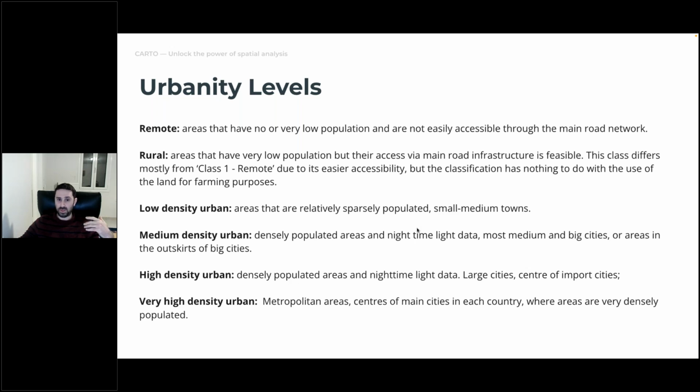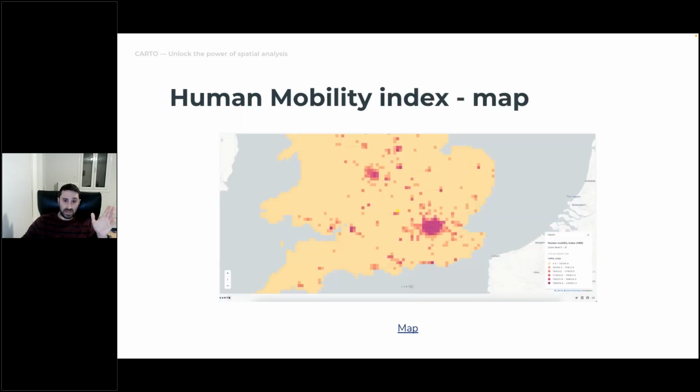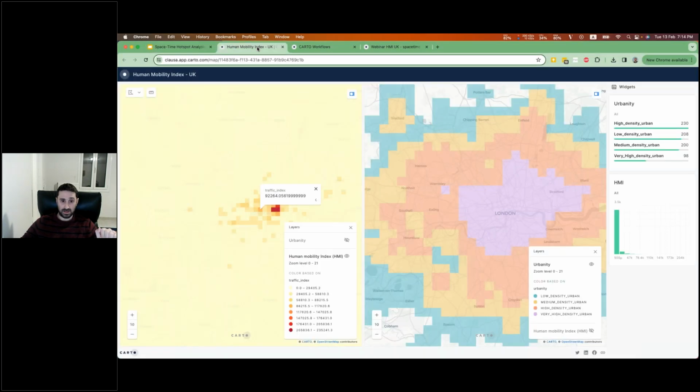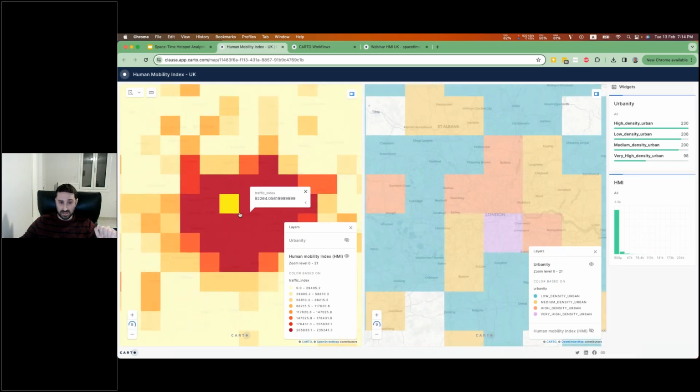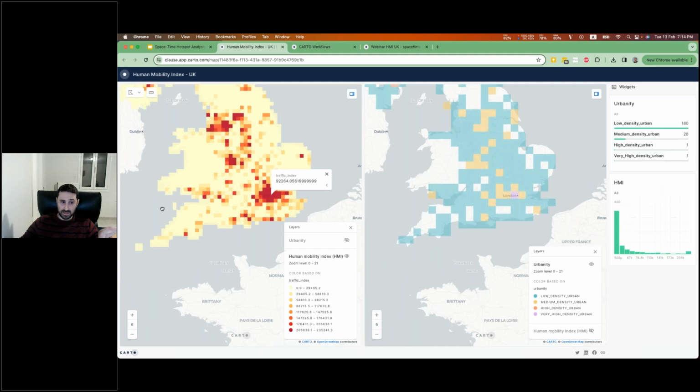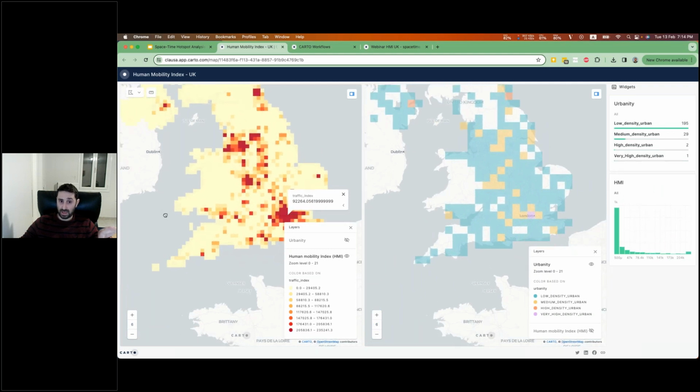So from small, medium towns and bigger. In that way, we can isolate all the areas that are urban. Here you can see one map, and then I'll go to the actual map just to show you how it looks. Now, as I said, this map is built in CARTO Builder, and